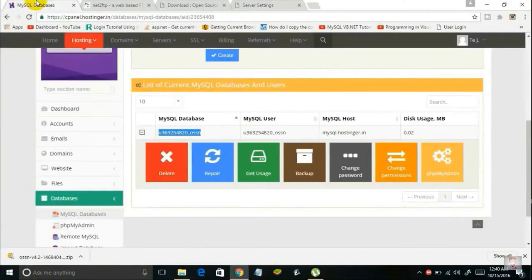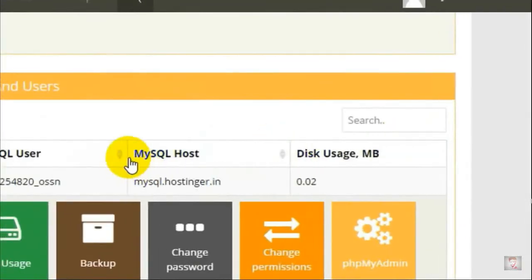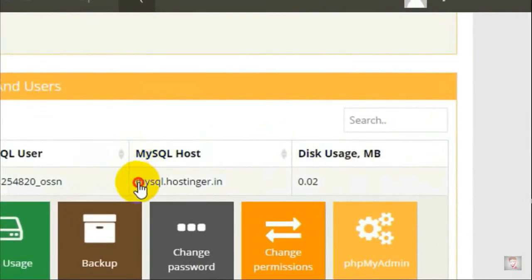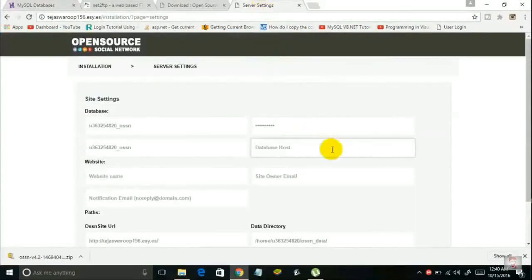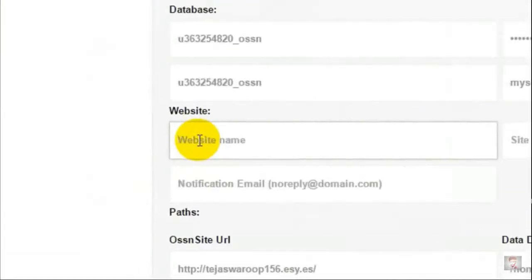So the next thing is enter the password for the database, and then the database host. You can just go to the databases section, and here we go. Here is the host of the database. It's mysql.hostinja.in. So just copy this and paste it here, and you can give the name of the website whatever you want. Like, let me say it's my own Facebook,